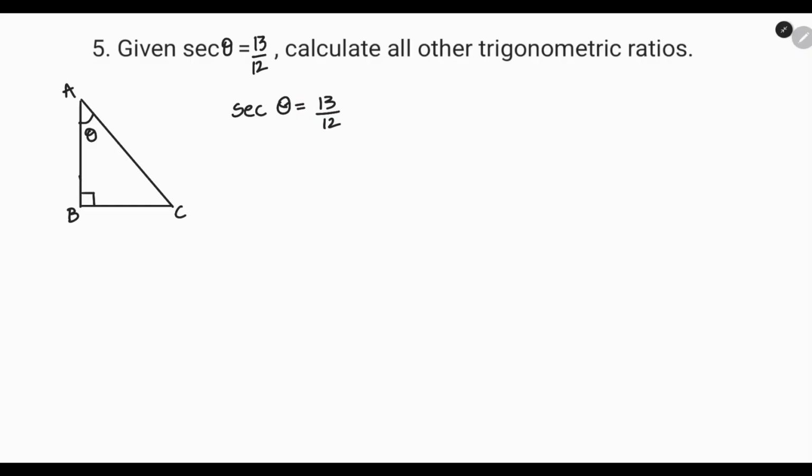So assume a triangle ABC and take any of the two angles A or C as theta, but not B because that is a right angle, okay? And now secant theta is 13 by 12, which is secant of A, let us assume. Secant is hypotenuse by adjacent side, so it is AC by AB. Now we can directly assume 13 and 12 as the sides AC or AB, but for general purpose, we'll assume a constant K such that 13K and 12K are the actual sides, okay? So AC is 13K hypotenuse and AB, the adjacent side, is 12K, and